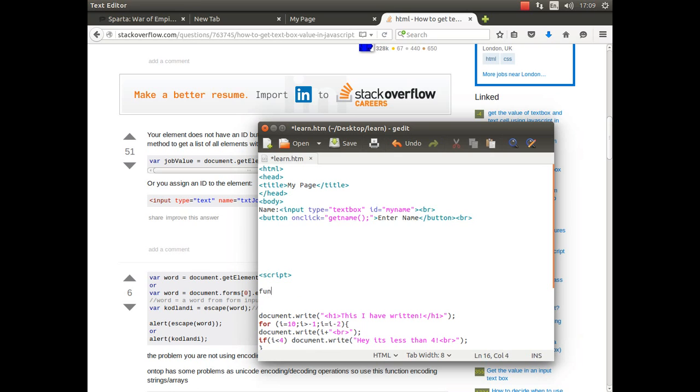So function get name, and then we need to open up some curly braces again. Don't forget to close it. And in here, what we're going to do is we're going to have a variable, and it's going to be set to that text box. So var input, or whatever else you want to call it, equals